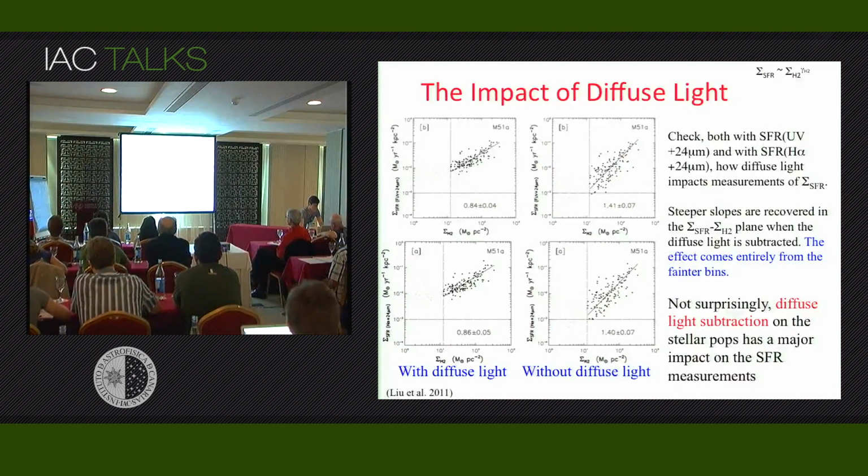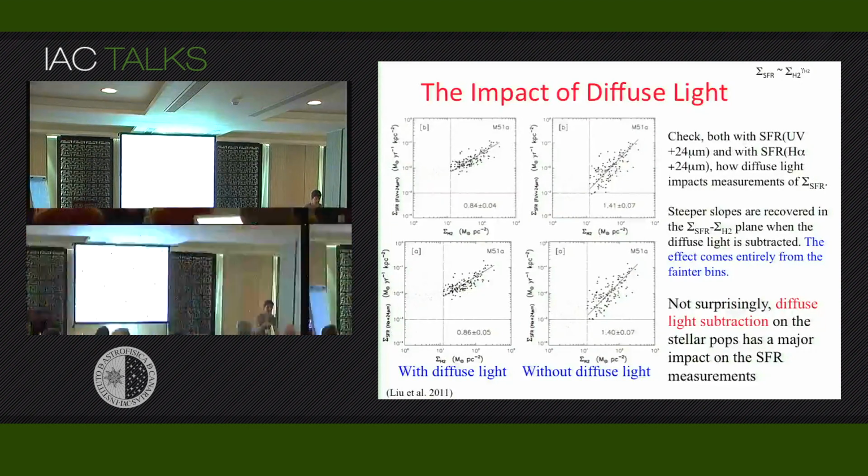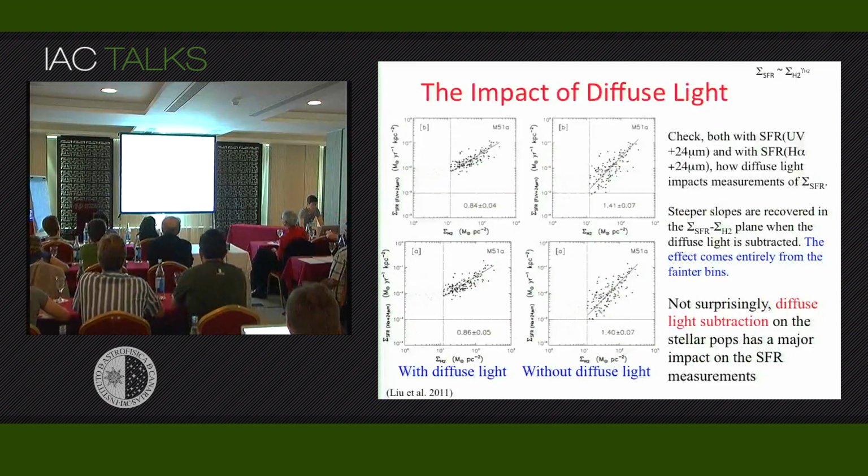And we're doing that because we want to test different star formation rate indicators and check whether they give us consistent answers once we control the time scales. It's an issue of being in control of the time scales. If we get the same answers, it means that we have controlled the time scales by which we are using the star formation rate indicators.